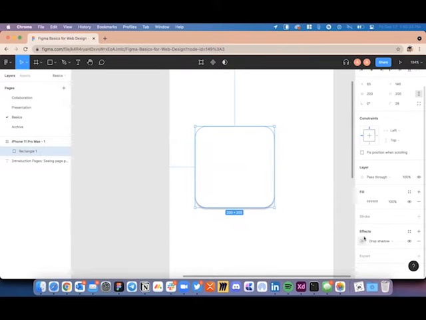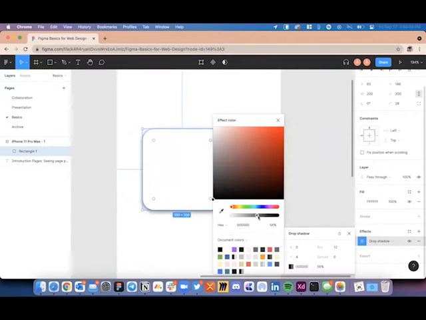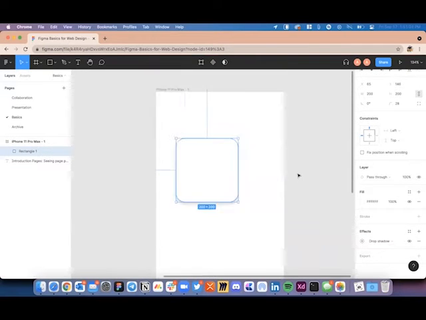And when you click on this icon, you can also edit the properties of the drop shadow. So how much blur do you want to add to it? There's also an opacity associated with the drop shadow property. You can see this is a very, very strong drop shadow versus this very subtle one. So that's how you can use different kinds of properties to create and customize shapes in Figma.